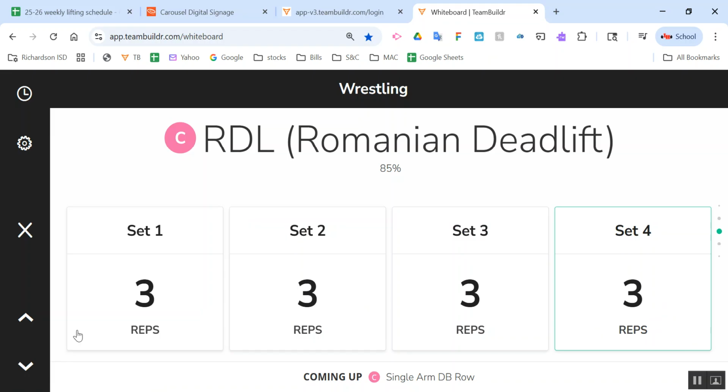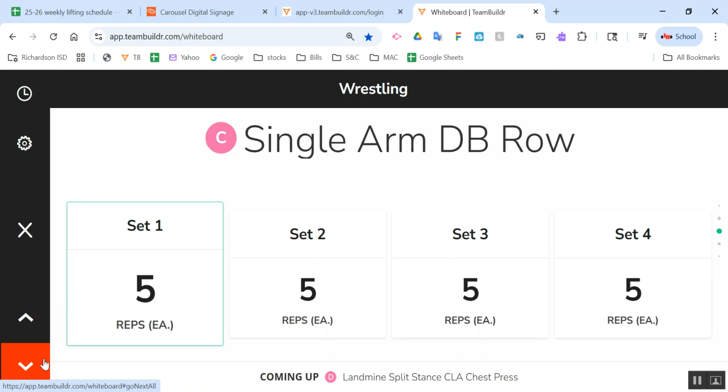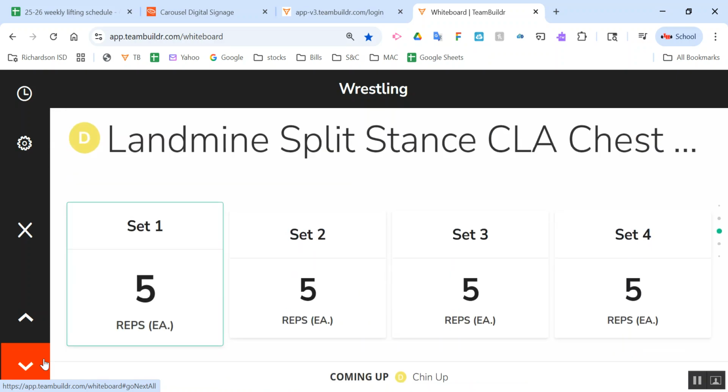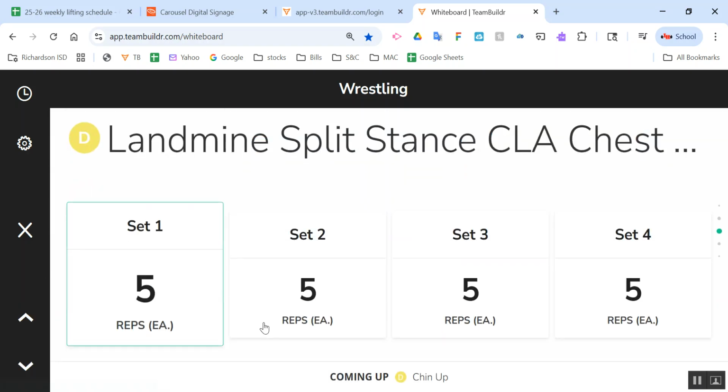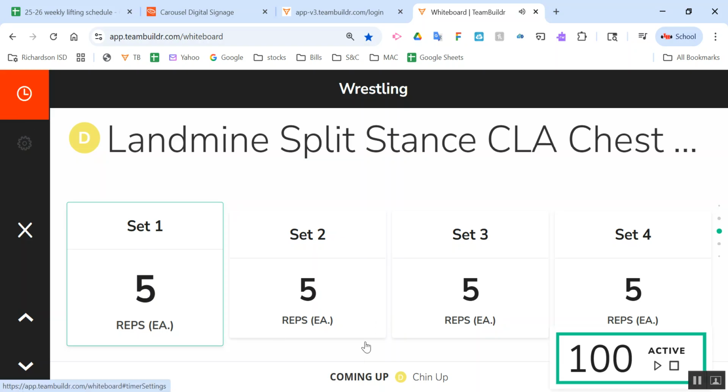Once you're done with the last set, you'll get your transition time. Once it goes to your transition time, you'll have to scroll to the D, because we're not going to use the timer for the C exercise, single arm rows, because we're, again, not cycling through. We're doing 2 exercises at the same time. And then once you're ready, you again just hit the clock and it will start back up again. So it should be super